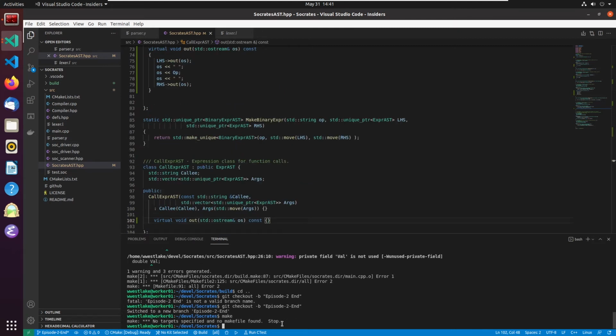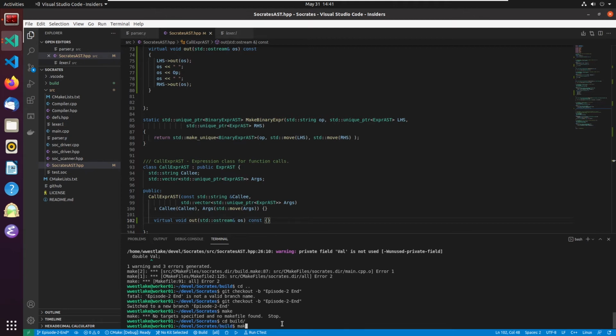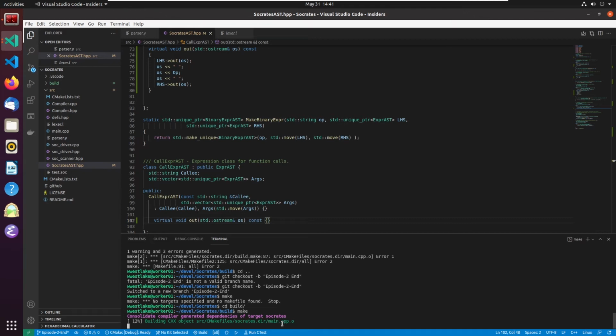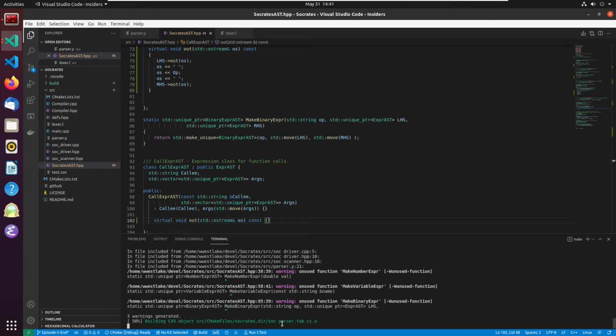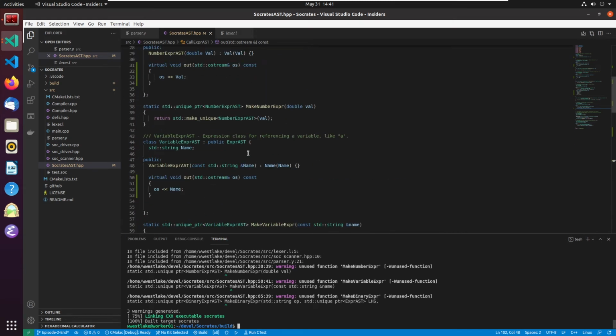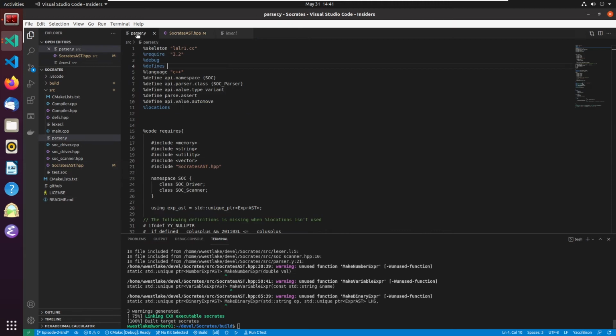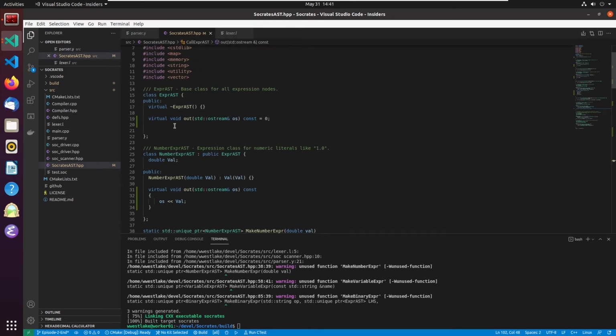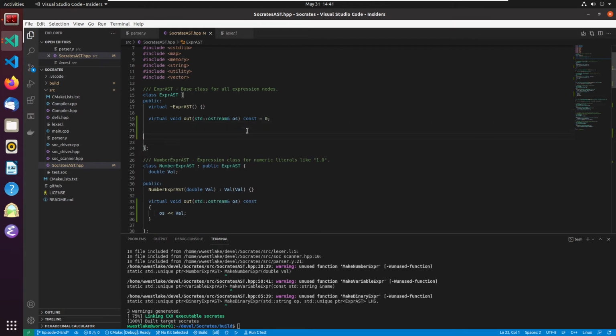Go make, oops, cd build, make. There it is, it built. So now what can we do with these out methods? Well, we can come over here. One of the things that we could very possibly do here is